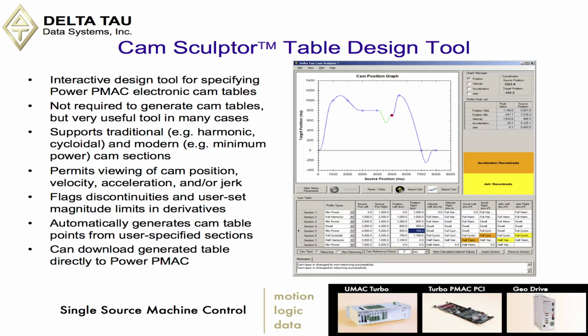So basically, when we go in to the cam Sculptor, we can tell it whether it's a returning or a non-returning. We can go in and view the setup parameters, so we can tell it the cam table number, the source motor number, the target motor number, the number of cam zones, the length in each zone, position scale factor, any position offset, the slew that we want, and then the output buffer that we want it to go to,